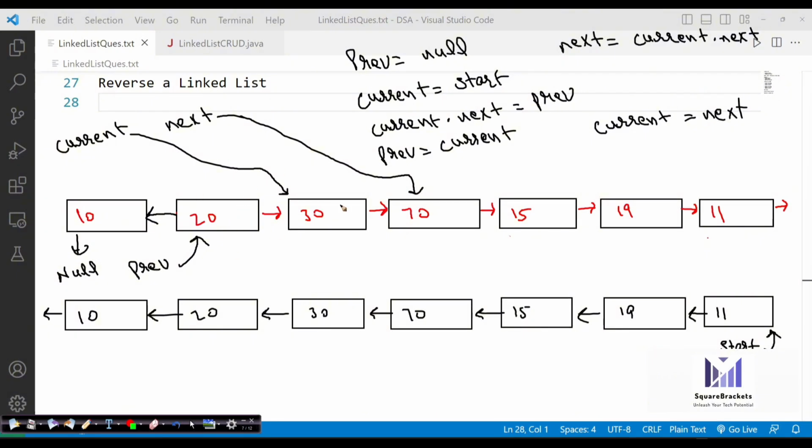So current dot next is equals to previous. It means 30 dot next is equals to 20. So it will be like this. And then again next will be updated to 15, current will be updated to 70, and previous will start pointing to 30. This will keep on going on, and this is how we are reversing the pointers, and we are not touching